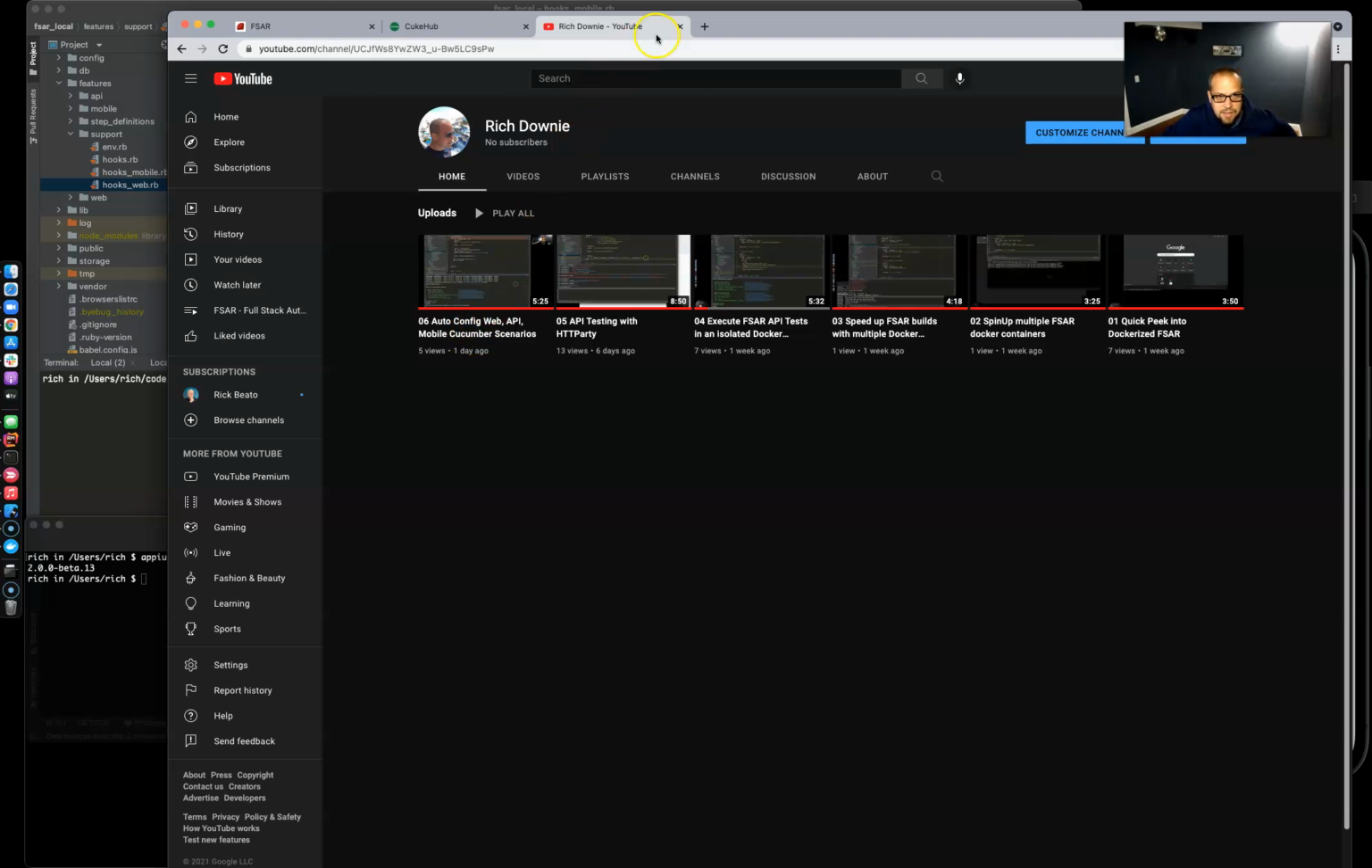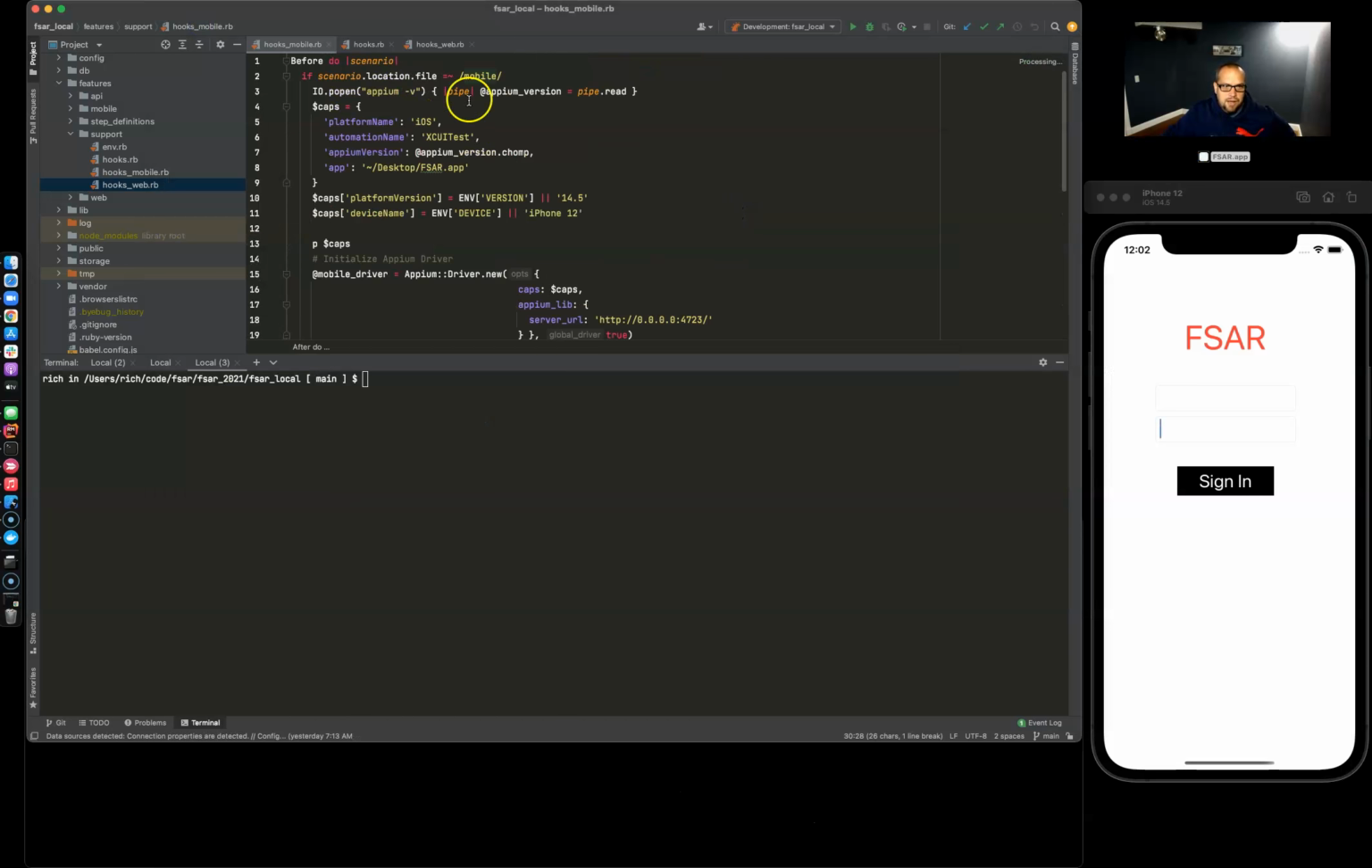So in this video, I'm going to show you how to auto-configure mobile scenarios so that they run with Appium and are able to generate mobile tests. So you'll see here this iOS simulator with this basic FSAR form which I put together. Not really much going on here, but it'll help serve the purpose of just being able to run mobile tests